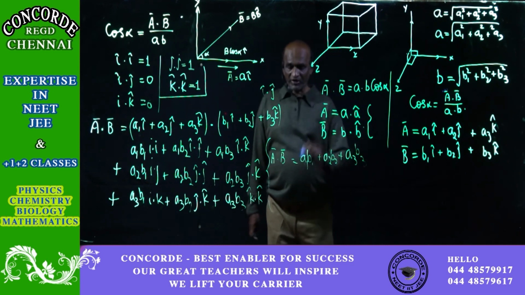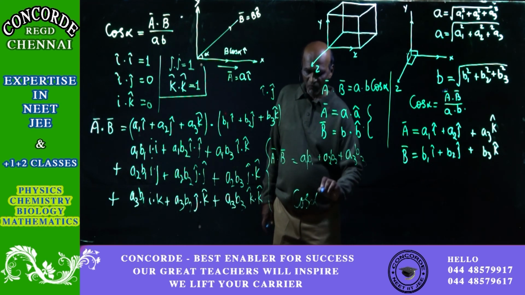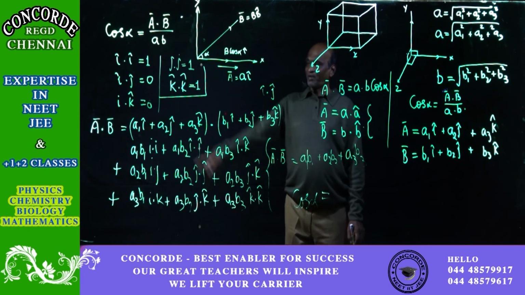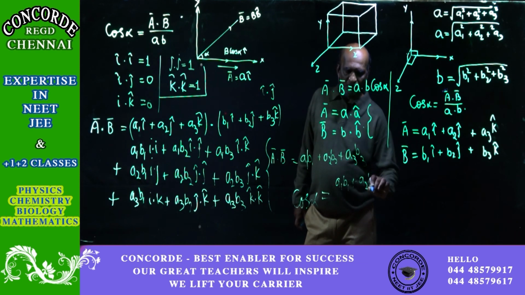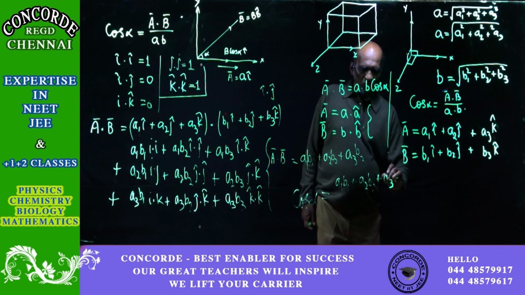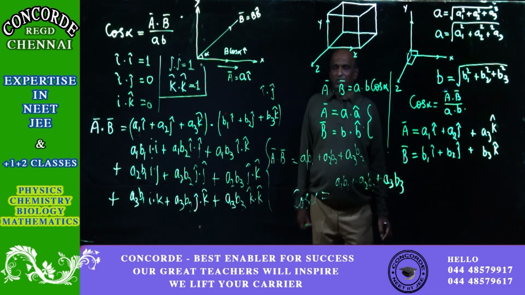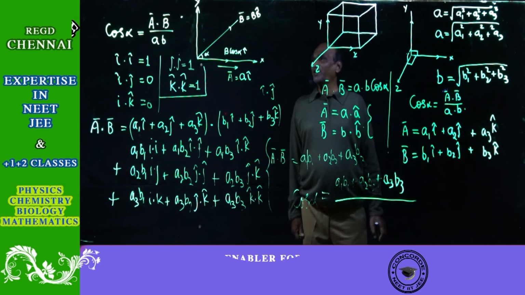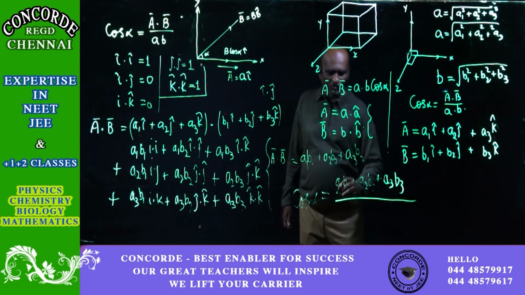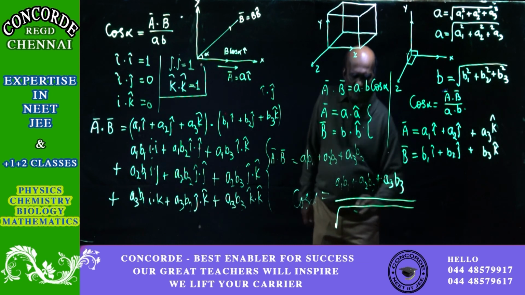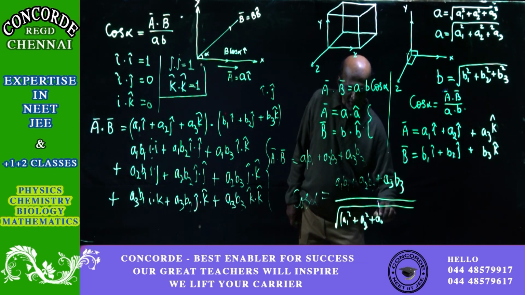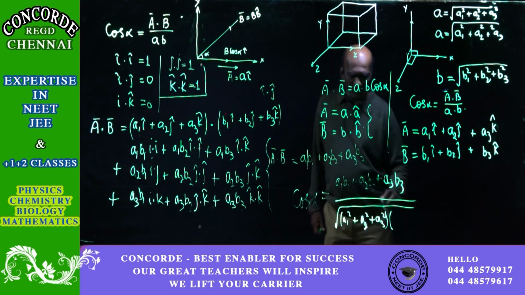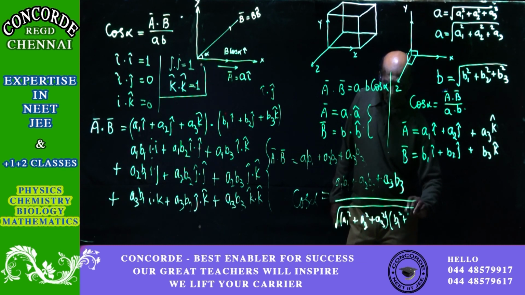Now what we have got is take the value of cos alpha is equal to A bar dot B bar, that one, equal to just A1 B1 plus A2 B2 and then plus A3 B3, divided by, in the denominator what we have AB, we know the value of A and B. So it will be equal to the square root of A1 square plus A2 square plus A3 square, and then another term representing the vector B is B1 square plus B2 square.